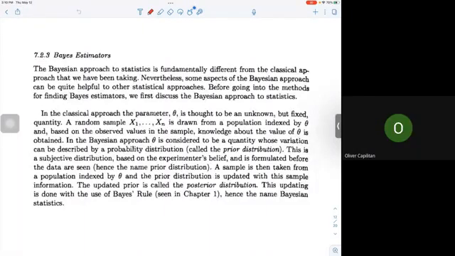Once again, good afternoon. We are still on the methods of point estimation. The first method that we learned was the method of moments, then the maximum likelihood estimation. So this afternoon, we're going to learn the Bayes estimation. Before going to the method for finding the Bayes estimator, let us first discuss the Bayesian approach to